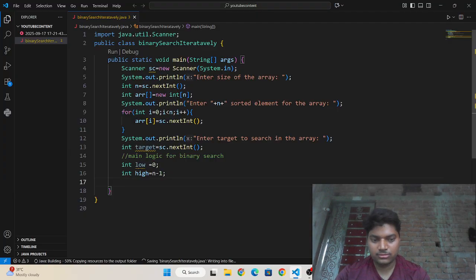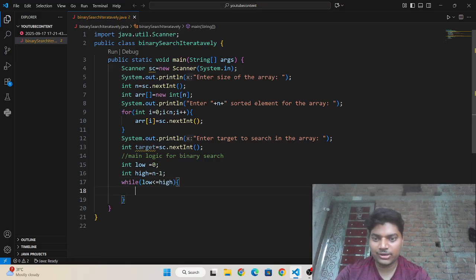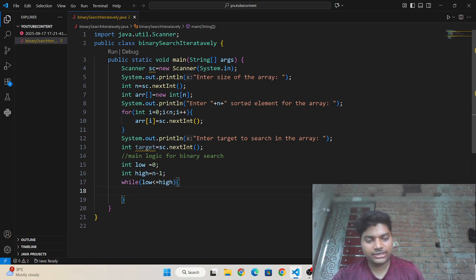Now I am writing the while loop for checking the condition: while low is less than or equal to high, we have to check. What do you need to check? First I need to calculate the middle element of the array.